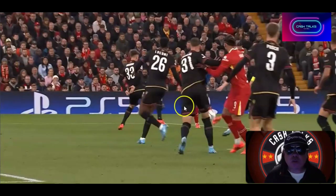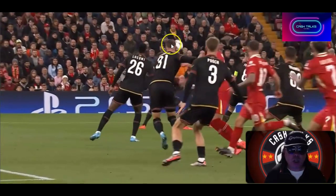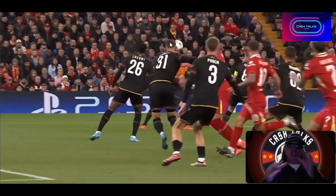Here's a great angle for this little spin on the ball, and watch as it goes up into the air. It just kind of scuffs it. Do you see that? The little spin on the ball really sort of disguises it. It's not quite a driven cross, it's not quite a lofted cross, it's kind of in between, and the spin is keeping it floating in the air just so the keeper really